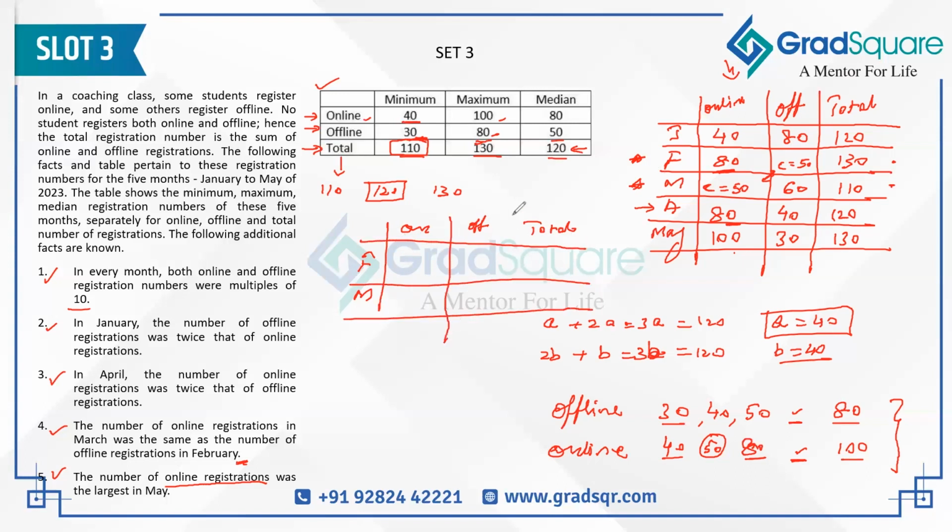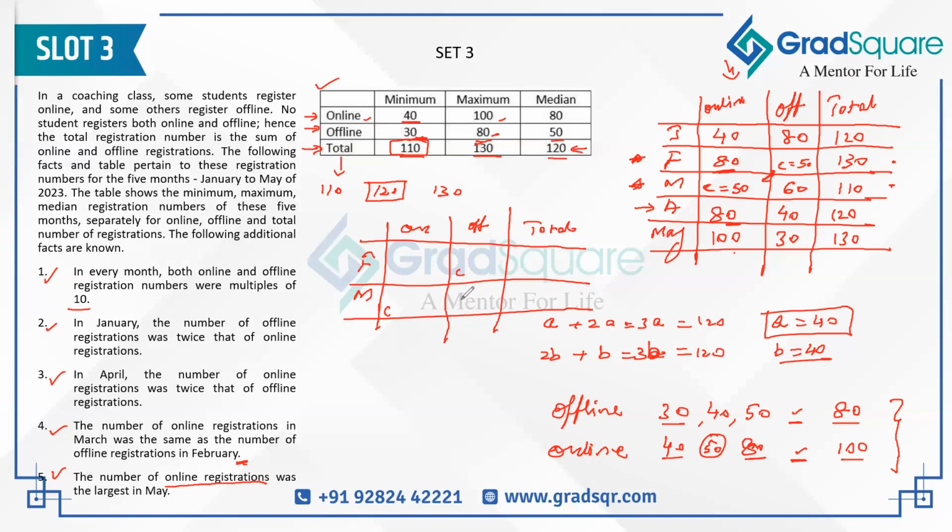So I've just pulled out a part of the table and am trying to play around with this. This value was C and this value was C. Now we have already presumed C to be 50, so we are not going to get into that case. That case is over for us. Now we are going to get into the case where I'm taking the offline value for the month of March